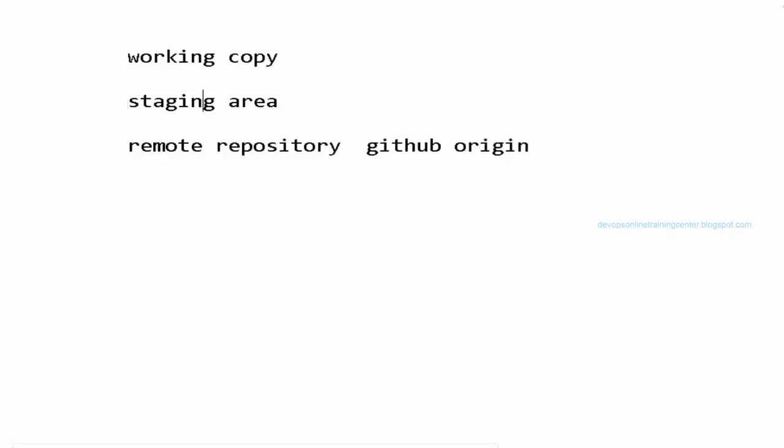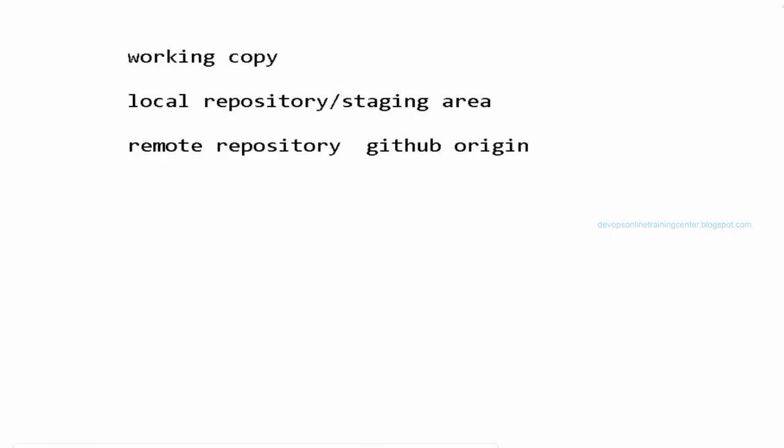So what we have here is in staging area, when we commit, we get all our changes inside the staging area, right? This is the one where we are actually working. So we need to do git add, git commit, git push. So these are the three steps. When we commit it to the staging area, it is like we have saved all our changes to local repository. Right? And then when we push the changes, all those changes, we are simply copying it to the remote repository, right?